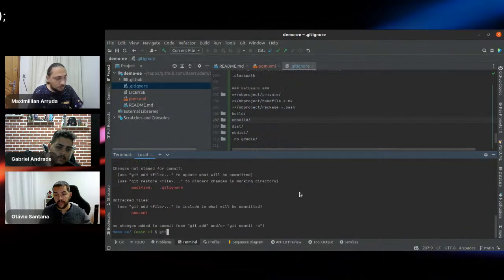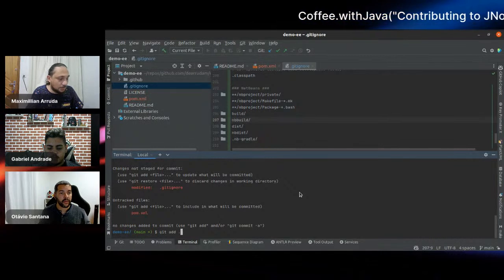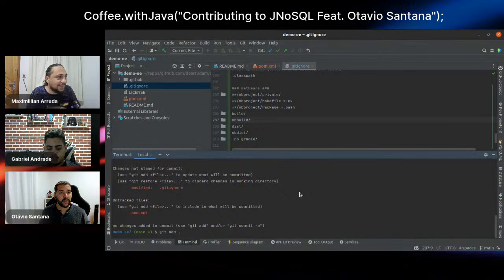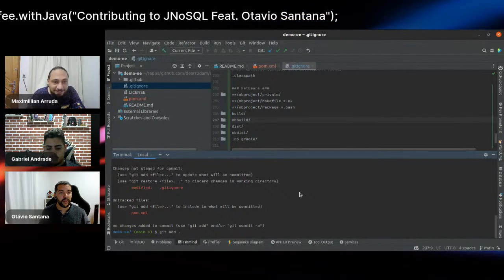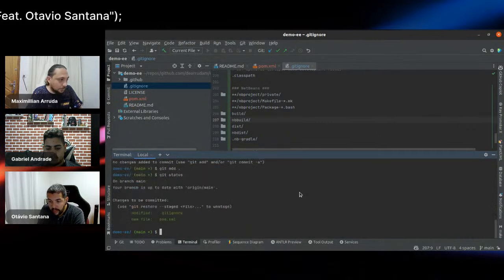We are guaranteed that if we use add with a dot, just the files not excluded by the ignore file will be added. So right here, we can see those things.